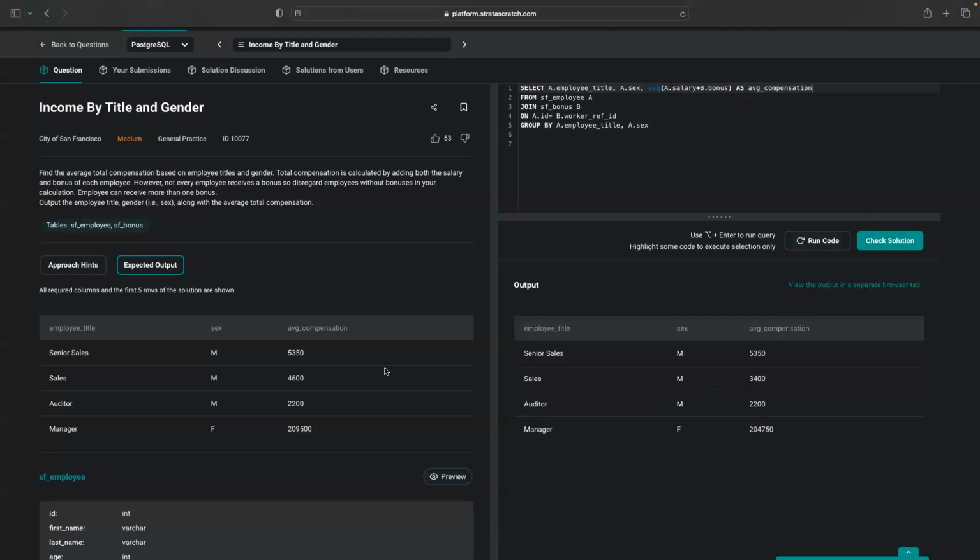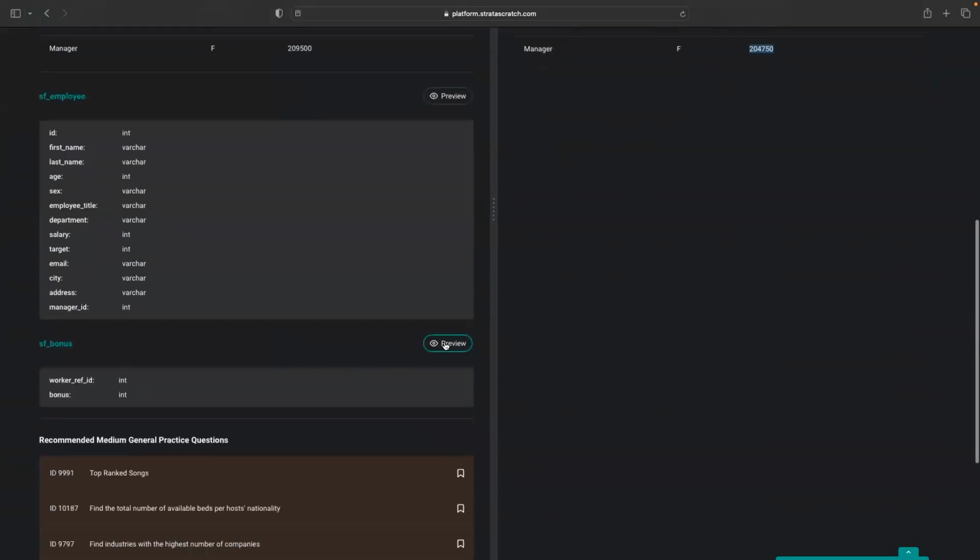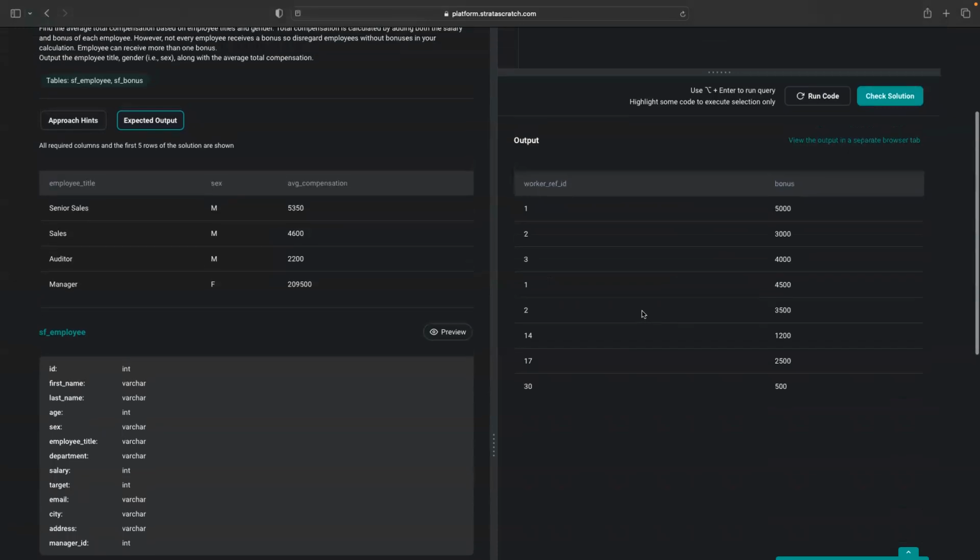So we have got the output partially correct. You can see there's a match in this, but there's a problem with these two. These numbers are incorrect. So why did this happen? Like I did say in the beginning that a work reference ID is the primary key for the second table, but from a cursory look, that's what it looks like. If you don't look in depth at the tables given, you will probably miss this catch,